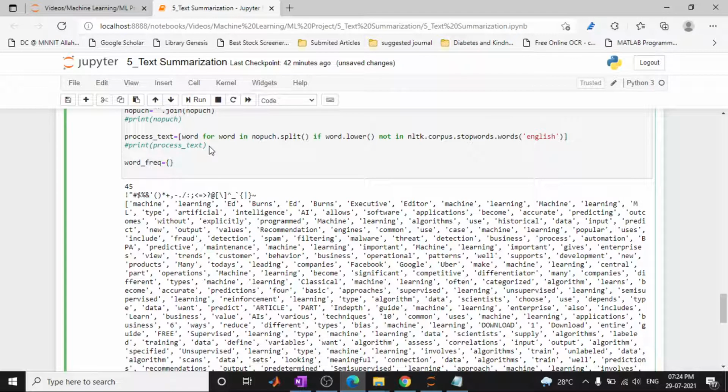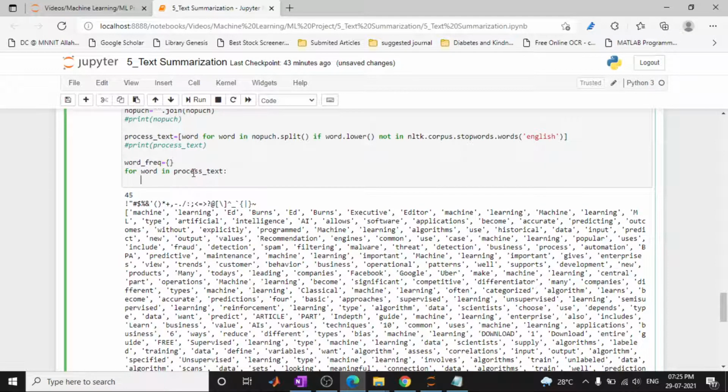After that, we use the for loop. For each word we want to use the for loop. So word will be in what? It will be in processed text. Now if word not in